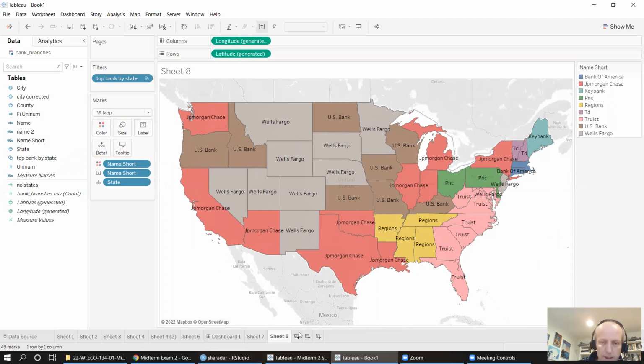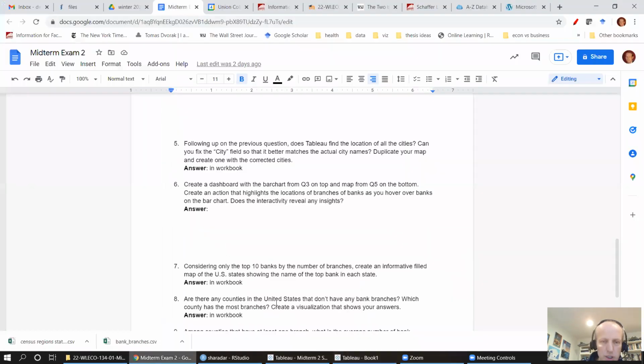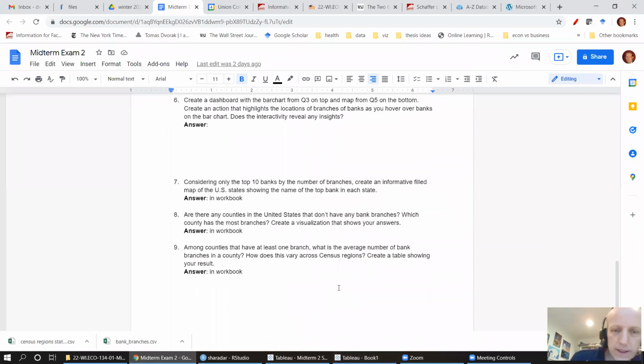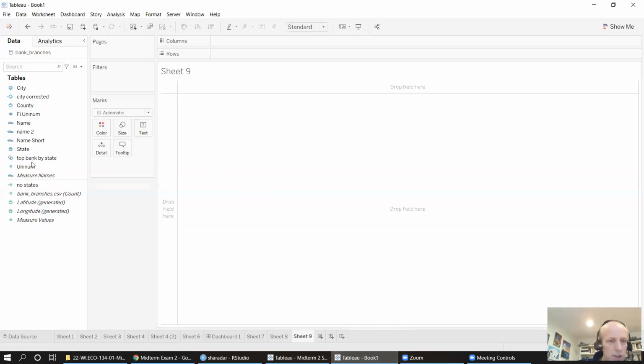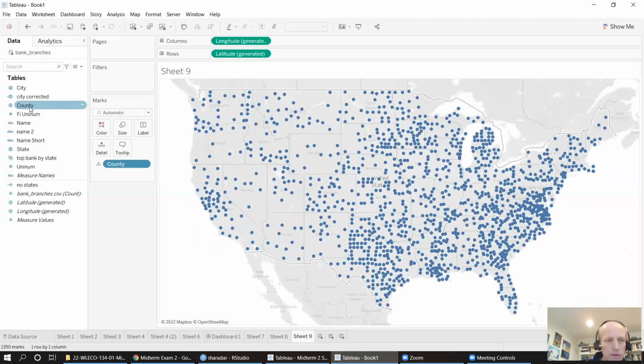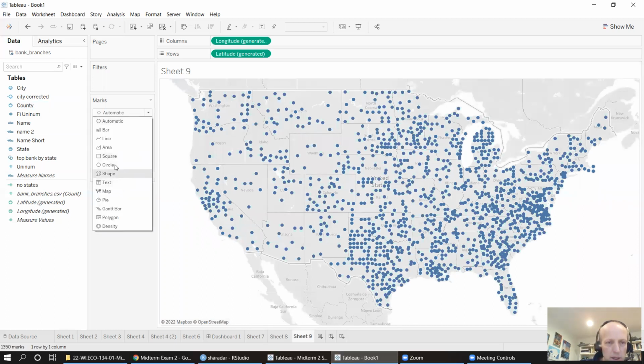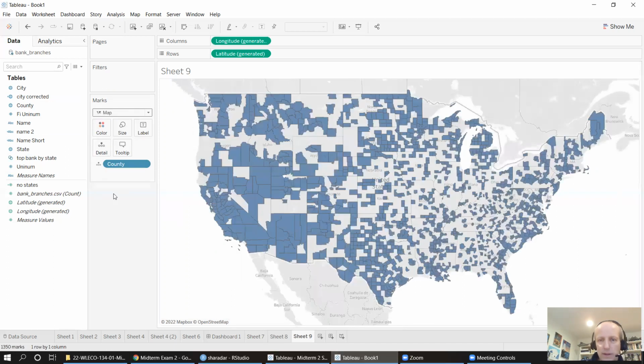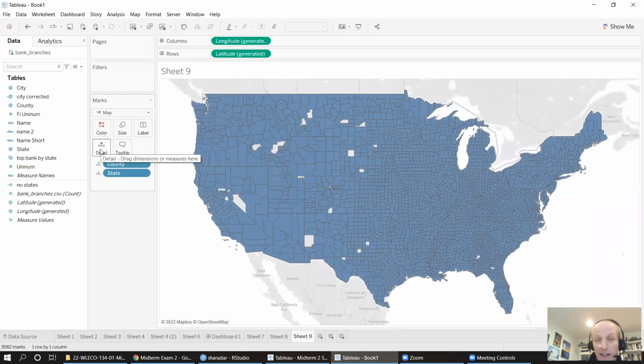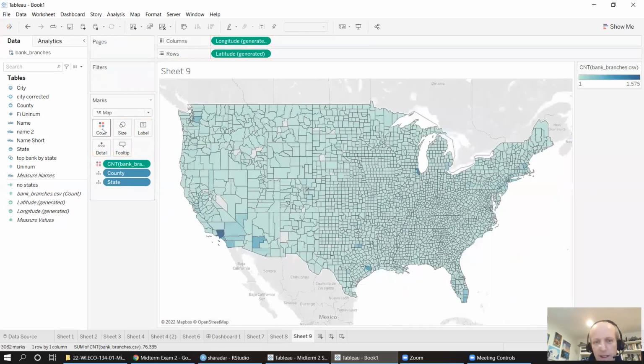Okay. Let's see, what is the next question? Are there any counties in the United States that don't have any branches? Well, that's an interesting question. So let's plot every county, and let's make that a filled map so that we could see if it fills all the counties. Of course, this is just a county. Some counties have the same name in different states, so Tableau does not recognize those. So we need to add state to the level of detail, and we see that it looks like there are